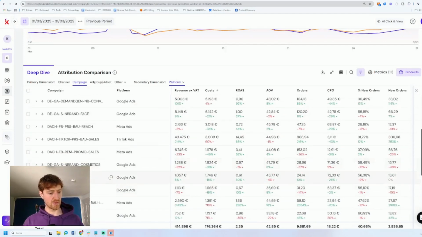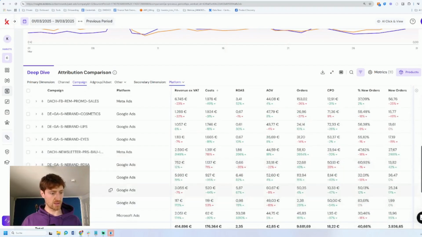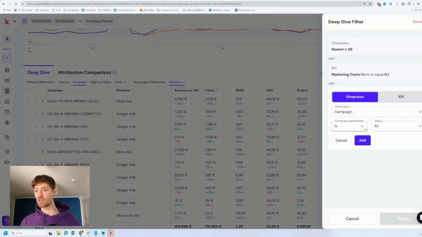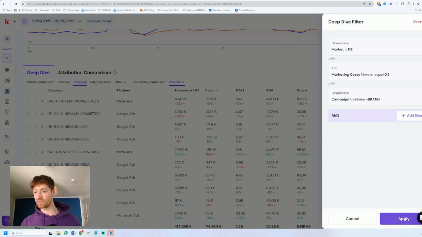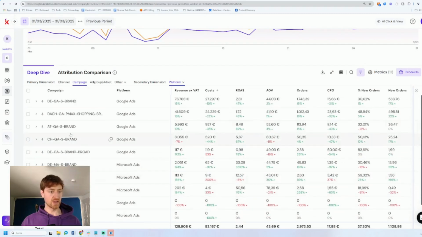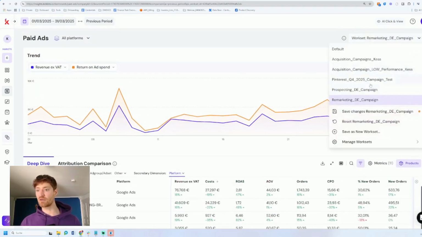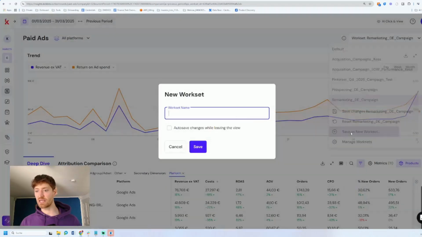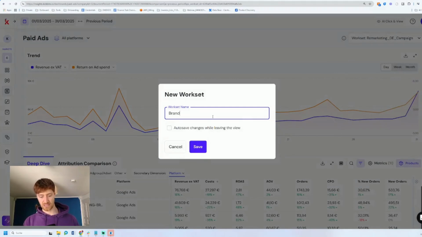And the same logic applies for these ones here. So here I would take the minus brand identifier as a filter in order for us to make sure that we only get the brand campaigns into our view that we built for the optimization. And as we see here, we have brand, brand, brand, no search non-brand in here, which is exactly what we want. Great. Now, same logic, we save this work set and name it brand,